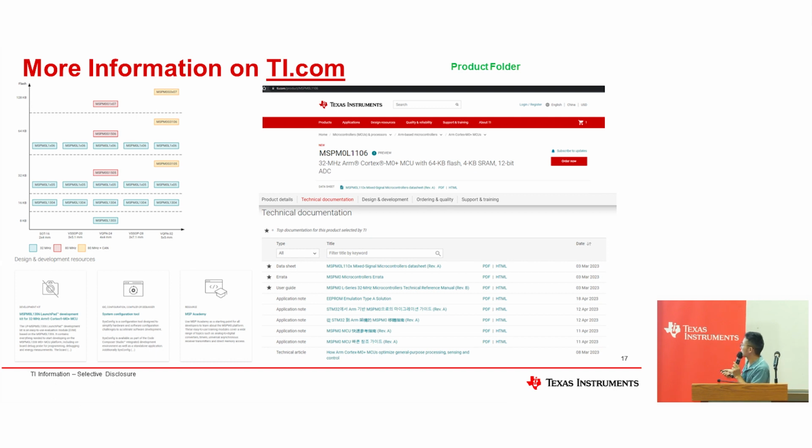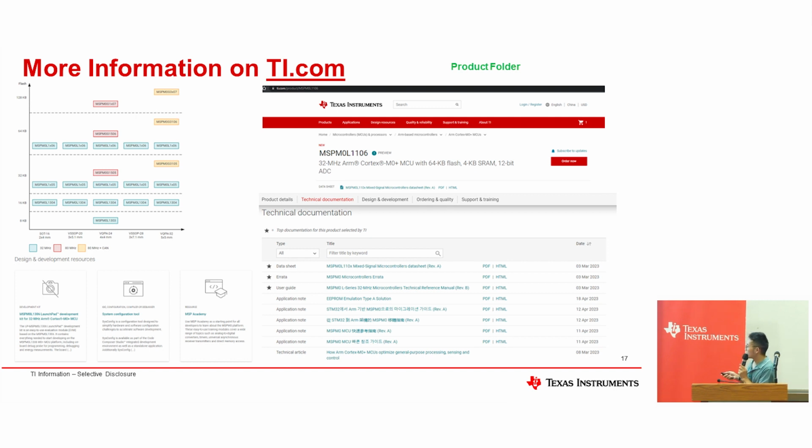Then you can go into our page here. A very useful tool to select a device is the filter here. You can input your requirements based on your application, and it can select a proper device for you, and then you can go into our product page.